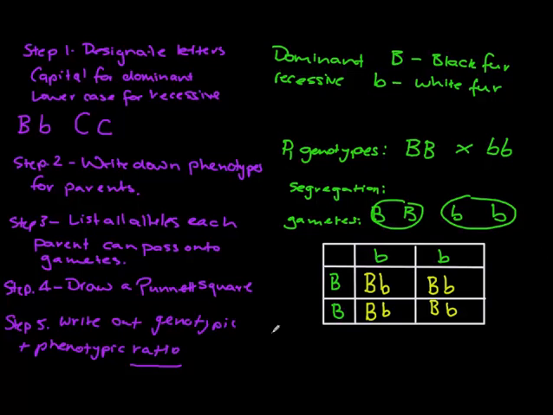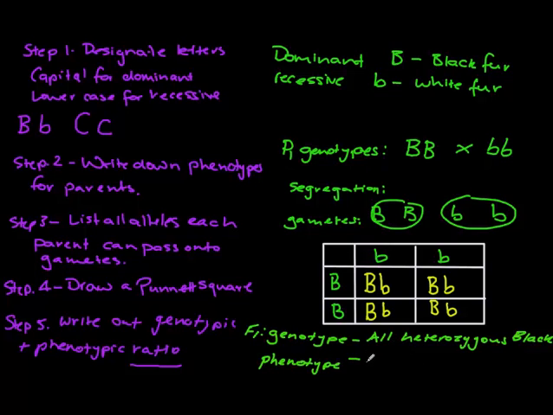So first of all, this is our F1 generation. This is the outcome of the Punnett square cross, so the genotype. In this case, they are 100% heterozygous black. Phenotype, again, they are all